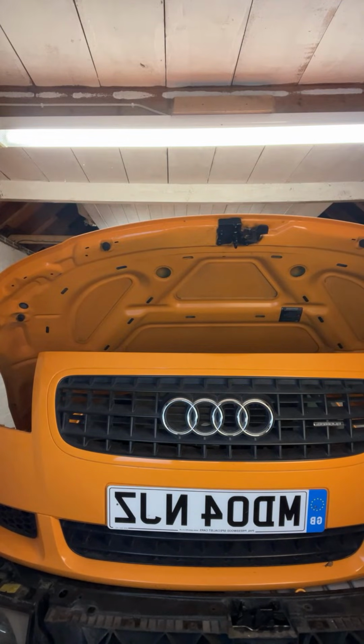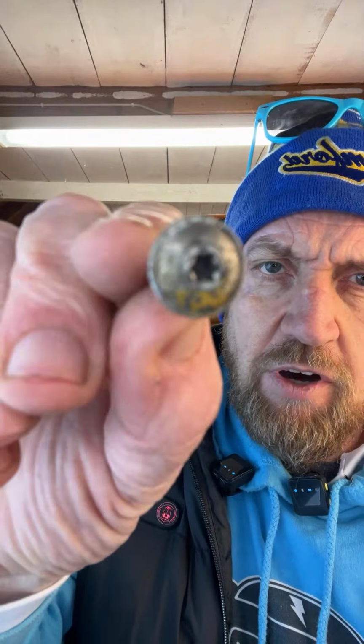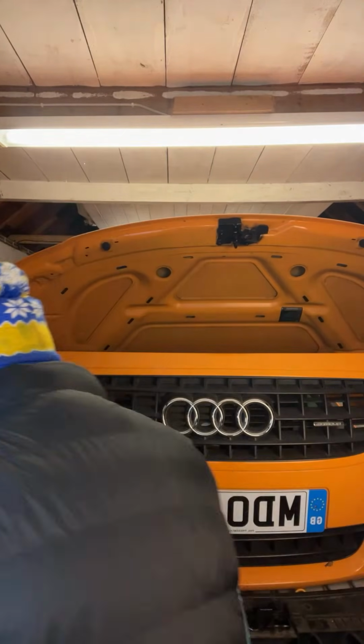Have I got one to hand? Yeah, there's one, a nice clean one. There you go. I think they're either T30 or T25 Torx bolts. See that? They're like a little star screw, and they secure your wheel arch liners into position in the wheel arch. But on most of the cars, they also have some small, and I'll show you one of these as well, like a flap,